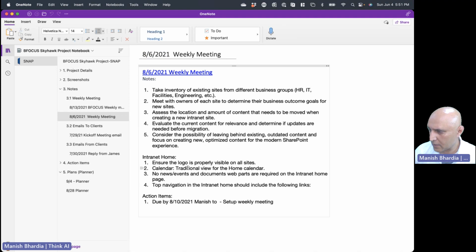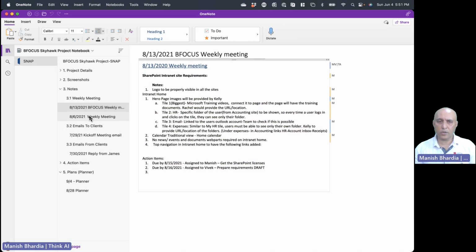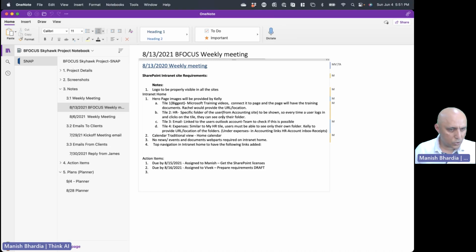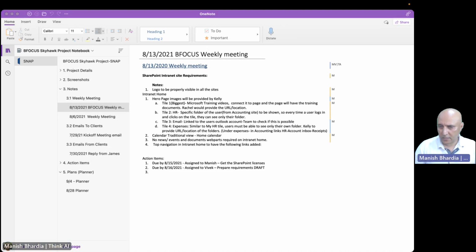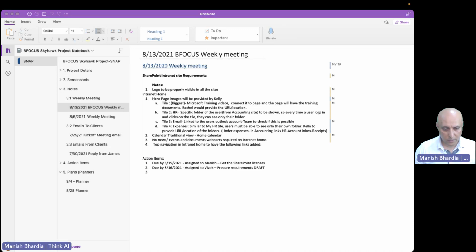Weekly meetings, here are all the details. Action items are here. Then here are all the details for the next weekly meeting getting stored. Anytime you need, you just come here, and all projects will have a snap. You know where you want to find the information, so you go and find it. So going back to the slides here. Where's the slide?